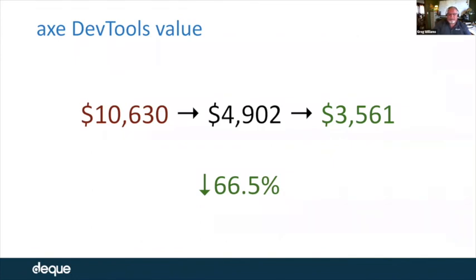So again, here we see the $10,630 per page. We took some of that off with Axe, and now we're going to take some more of it off with intelligent guided testing, for a decrease of 66.5%. If I was able to make a business case and say I found a couple of tools that are going to save me 66.5% back in that day for the ADA, the Americans with Disabilities Act,